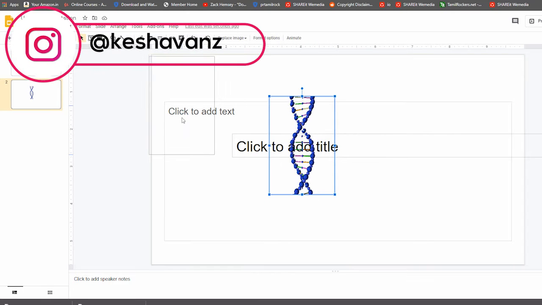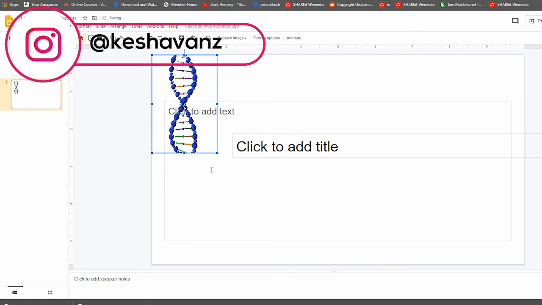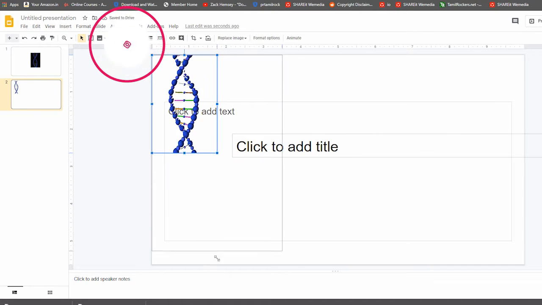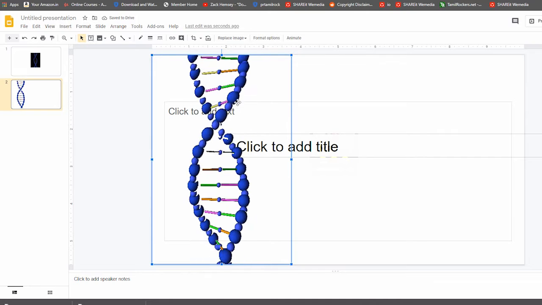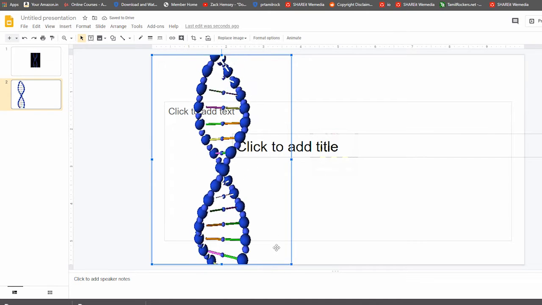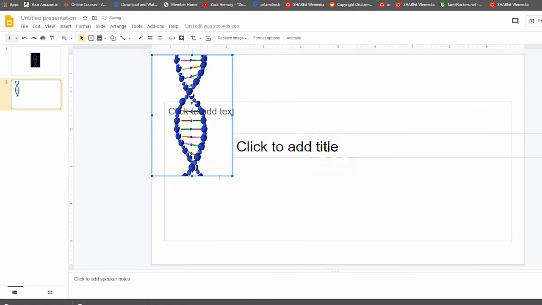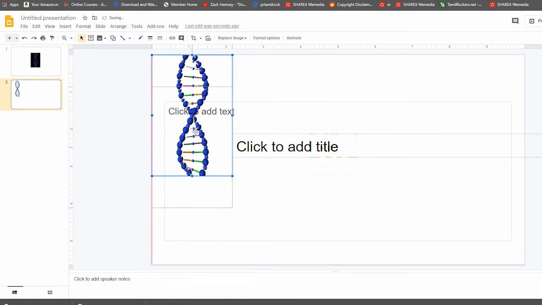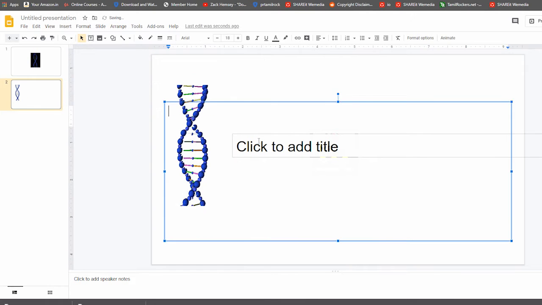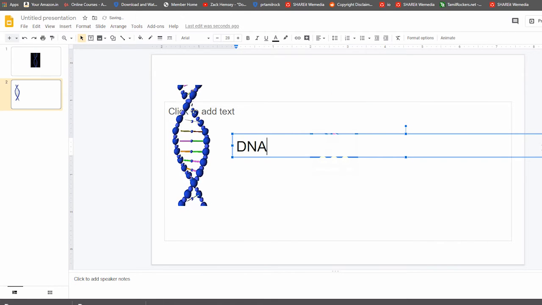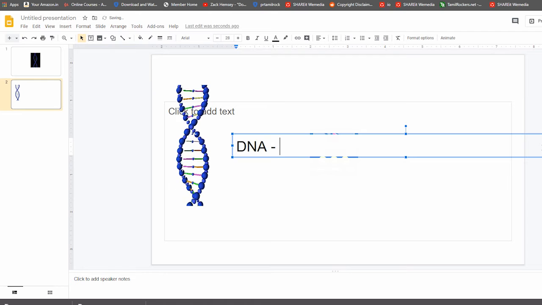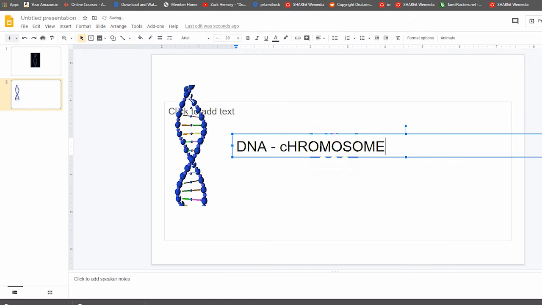If you are doing some presentation in science or other subjects, you can use this website to make a GIF transparent so that you can use it. Whenever you enlarge it, it will show its fuzz a little bit, so reduce its size and keep it in the place wherever it is necessary. While presenting, it will be helpful for you. For the sake of the example, I am now changing the topic to DNA and chromosome.